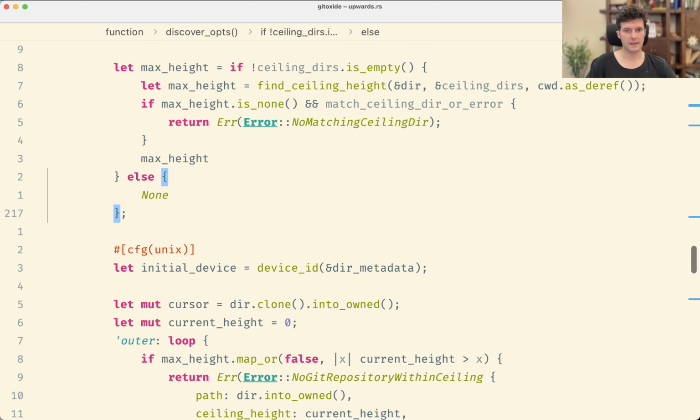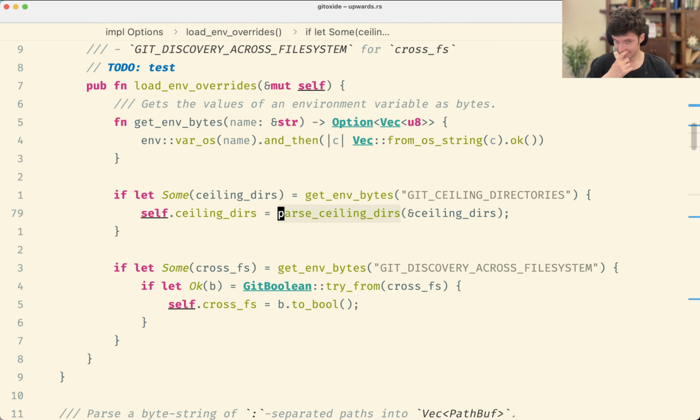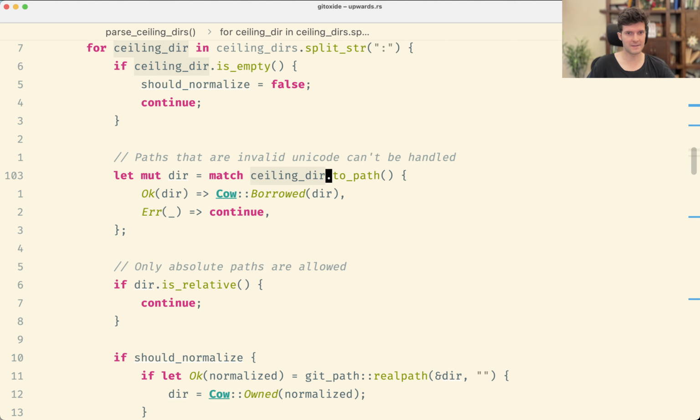And now back to the actual question, like what should parse ceiling tiers do? Because I think it doesn't have to, this is a good thing, and we don't do it that way. We can have ceiling tiers that are not absolute and we don't enforce it. And that's really something the caller does. The caller has to ensure. But then again, I don't like the silent dropping of ceiling dirs that are not absolute. So maybe we can just,